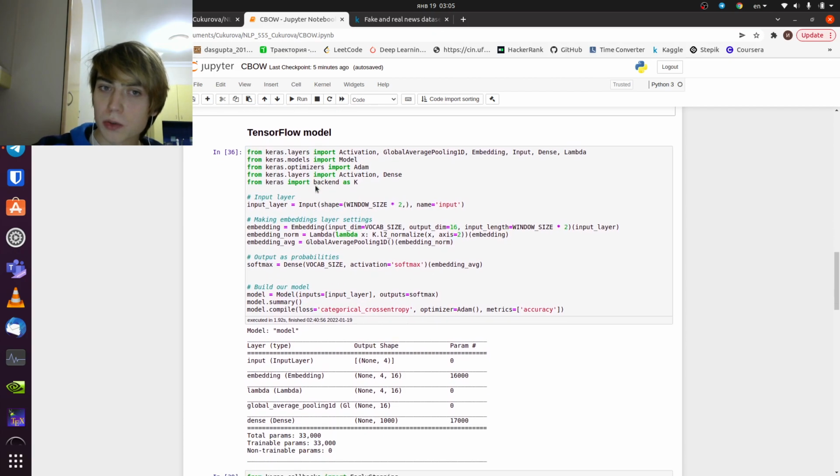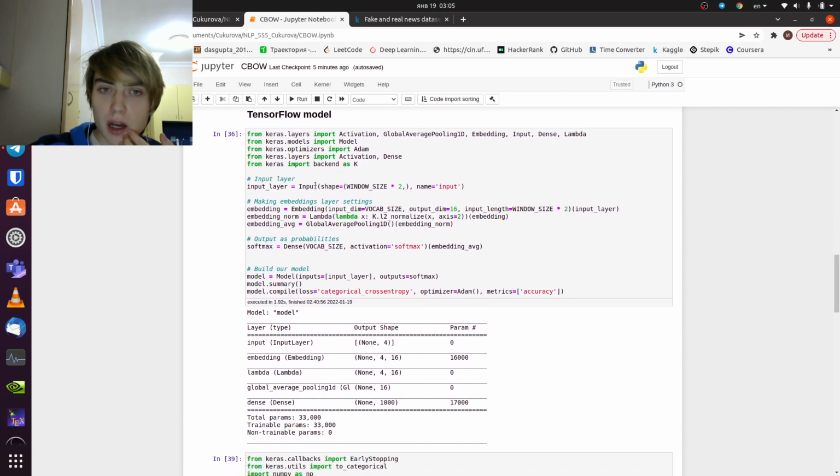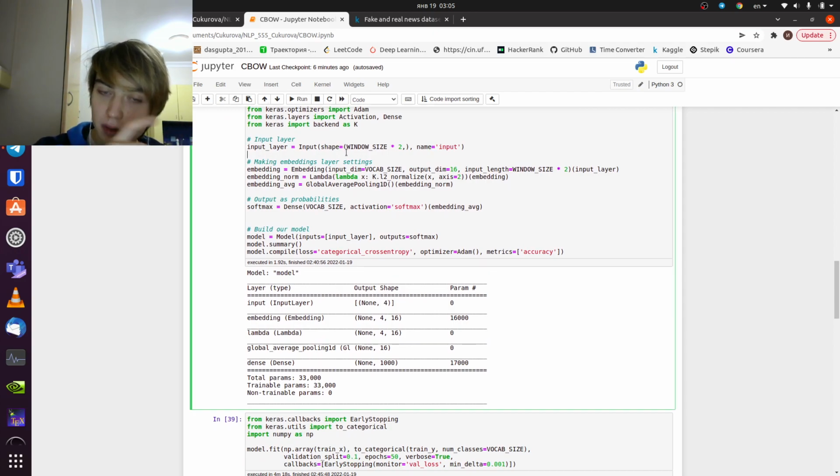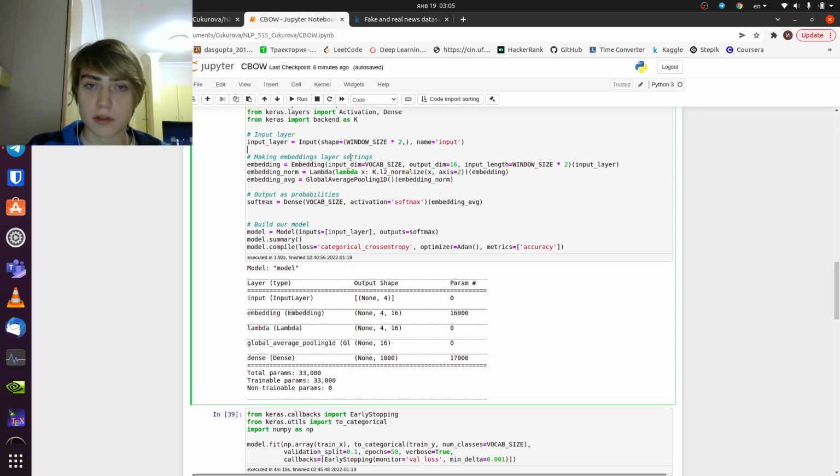After this, we introduce our TensorFlow model. It's a simple model with an input layer where the number of input elements is equal to twice as large as the window has, because we have from the left and from the right an equal number of elements. After this, we create the embedding layer, which is the most important for us,